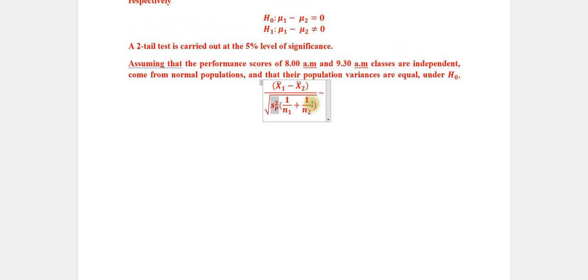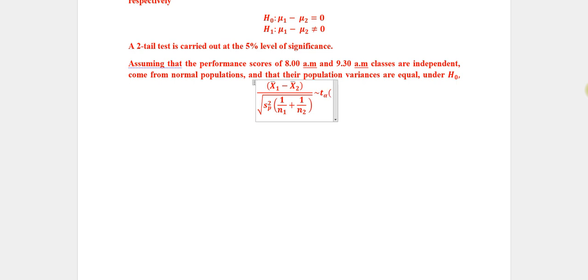Now, why did we do this part of S squared P? Because we have assumed that the population variances are equal, so we have only one sample standard deviation that could be used to estimate the single population variance that we have. Because they are equal, it means that there is only one population variance. So to be able to get that, we do the pooled estimated variance, and we know that this is going to be following a t distribution, as we already know, alpha, and then the degree of freedom this time